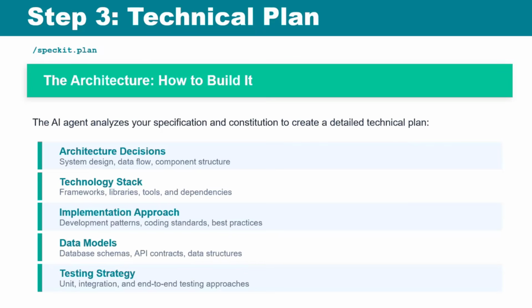The technical plan is where you would define all of your architectural decisions, your technical details, what the implementation approach is. If you want to provide guidance on the data models, how the schema should be set up, what your testing strategy is. And even though this is an iterative process, you only need to define it once for each iteration. So, for instance, for your MVP, for your first pass, you would do things like, here's what my tech stack is going to be. Is it going to be .NET 10? Is it going to be Aspire? Is it going to be Angular on the front end for my user interface, or am I going to use Postgres or SQL Server? Those kinds of details you'll define in that first pass.